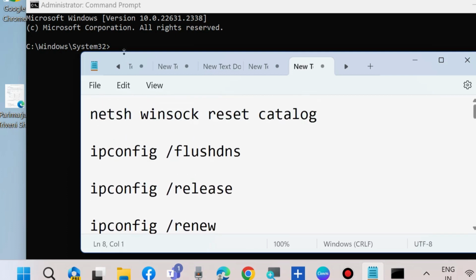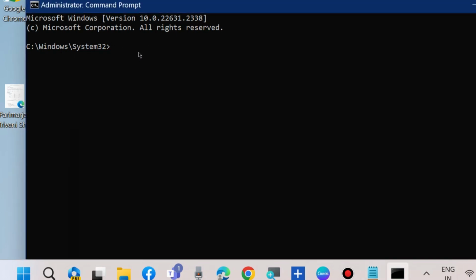And after that, must restart your system. Your error DNS probe